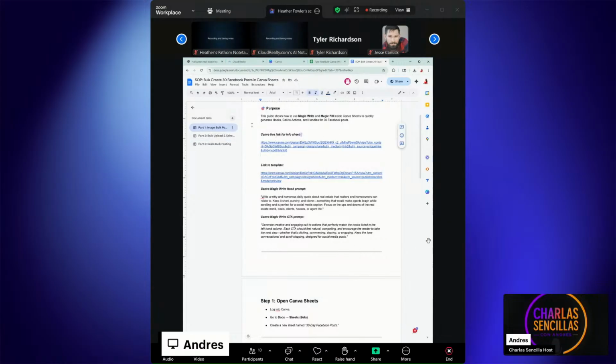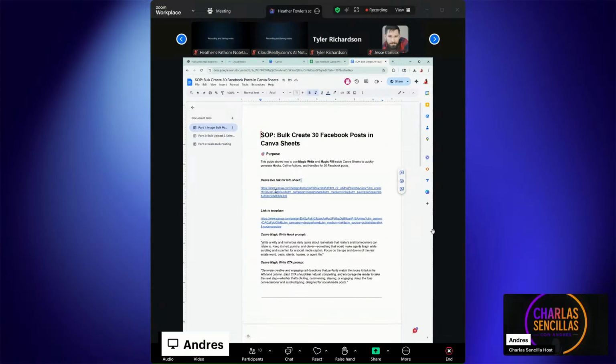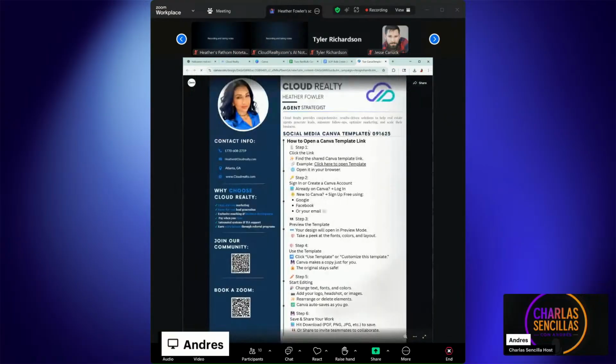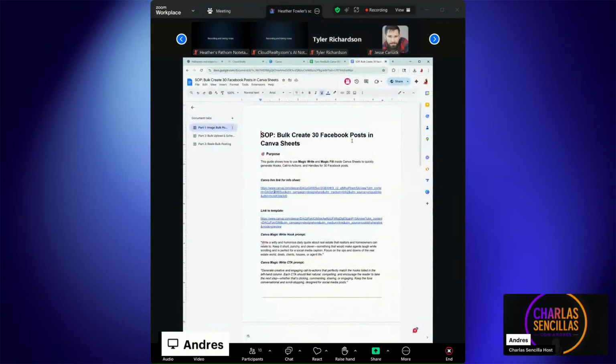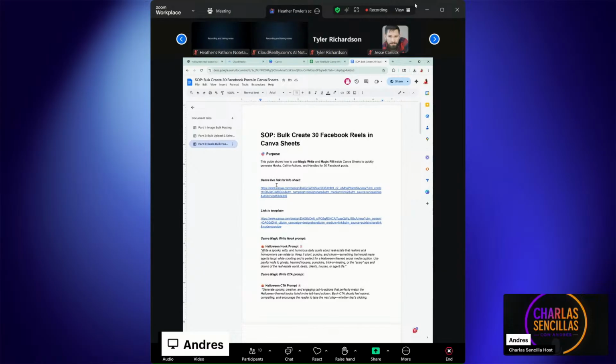You can go back into this page, and the very first link here is going to be the template that explains how to open up Canva, how to make a copy, and how to use the templates. And that can be applied to all the templates that I give you. So that's what that link is. The second link on this one would be the template to the Canva creations of those specific ones. But we're going to dive over into number 3, and we're going to go to this first template, which is going to be